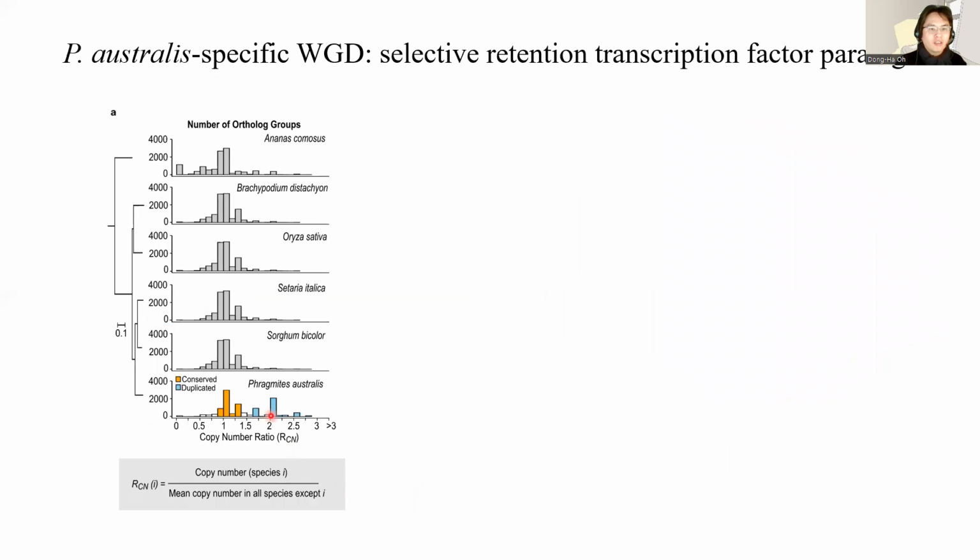So we can compare this Phragmites genome with all other grass genomes here, and then we can see that there are duplicated genes this much in sky blue color. And when we compare this sky blue color with this orange color, then we can see what are the genes